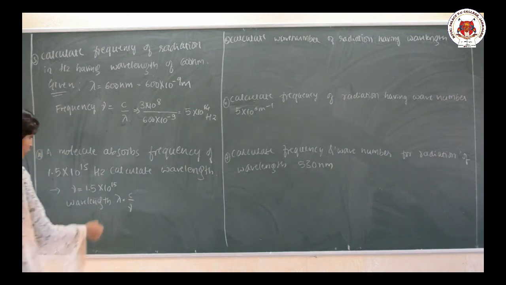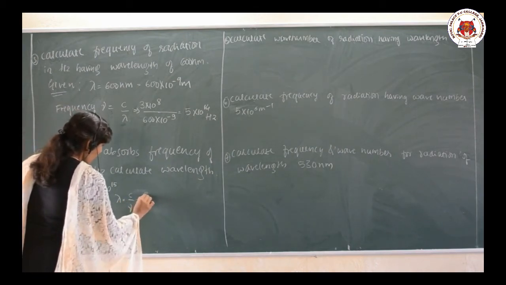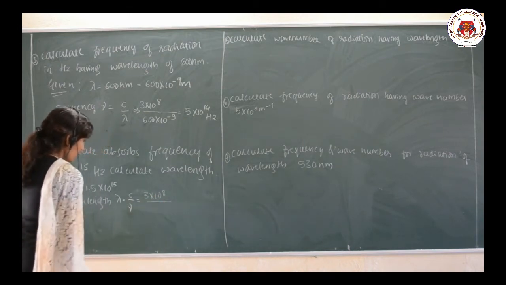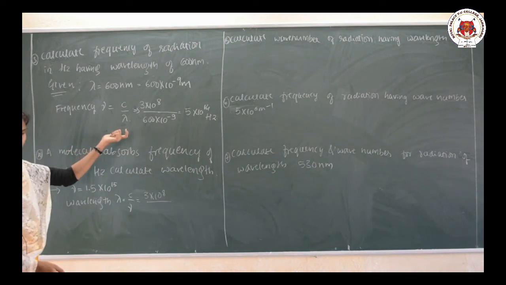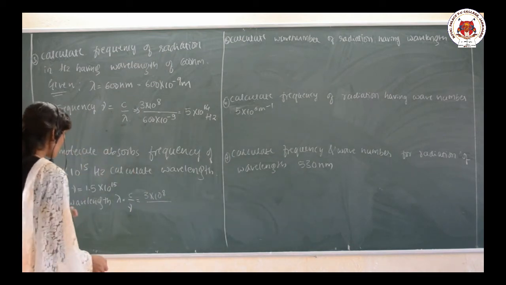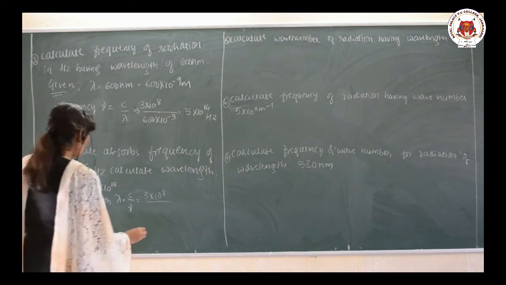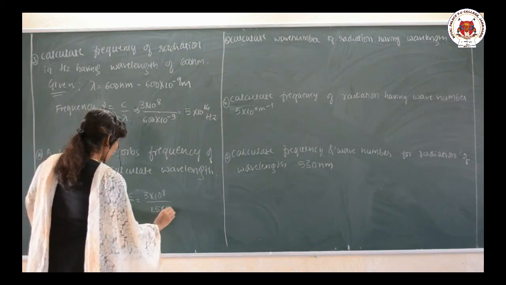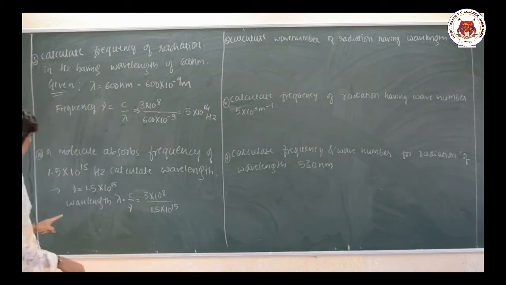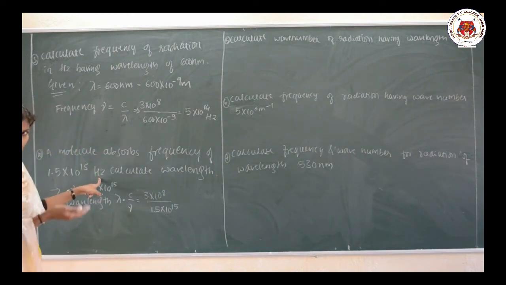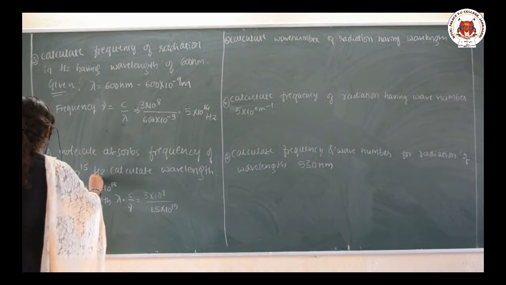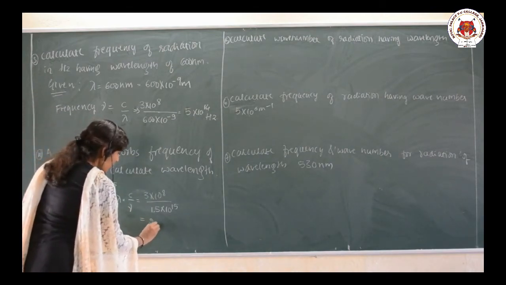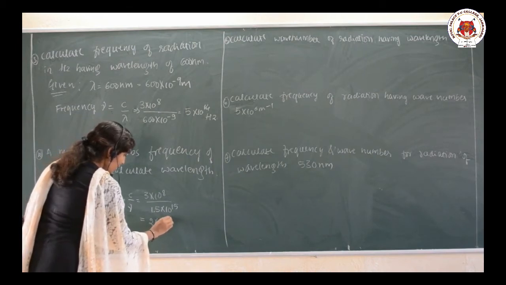The value of C we already know, 3 into 10 to the power 8, the value of C is the same, and the value of nu is 1.5 into 10 to the power 15. There is no need to convert, because it is already given in hertz. If you simplify this, you are going to get 2 into 10 to the power minus 7